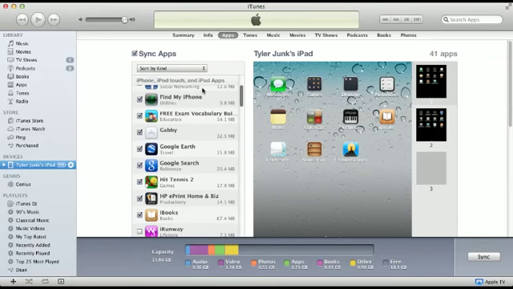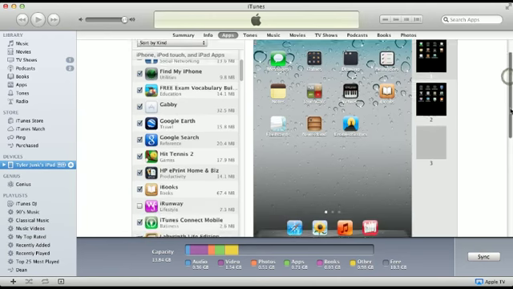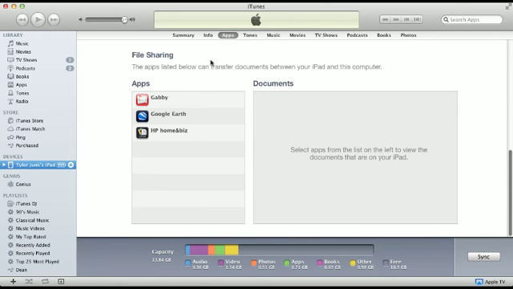I have new applications synced by default. When they're loaded onto my device, they get synced up to the computer automatically. So make sure that has a check mark in it, and then click Sync if it hasn't been synced already. After that's completed, scroll to the bottom of the screen and you'll see a section called File